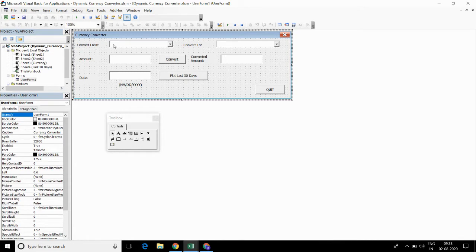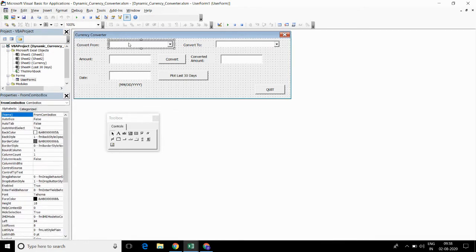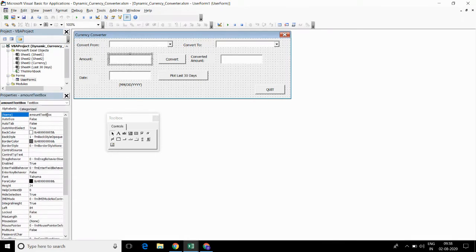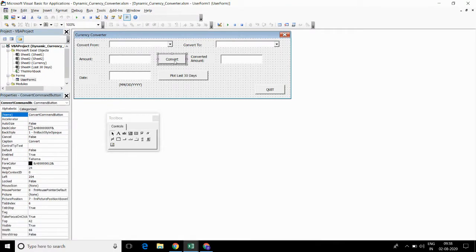For combo box 1 I have changed the name to from combo box. For combo box 2, I have changed the name to to combo box. For the amount text box, I have changed the name to amount text box. For the convert command button, I have changed the name to convert command button and the caption to convert.